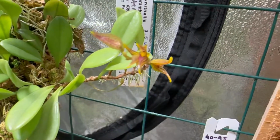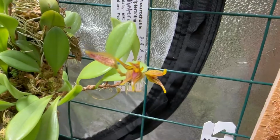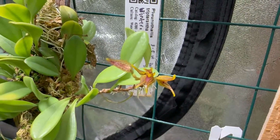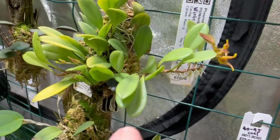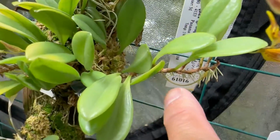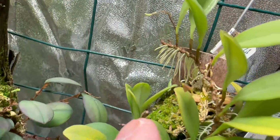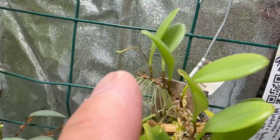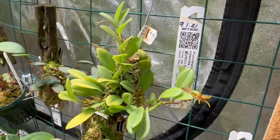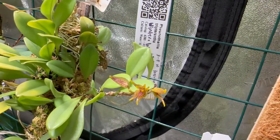I water these plants every other day, rainwater, just like the rest of the plants in this grow tent, just rainwater. And what's really cool is, as you can see, this is the spike. There's blooms, but there's another spike here, another spike there, and there's another one and another one there. So I think it has reached its comfortable spot to produce a lot of blooms and to focus on